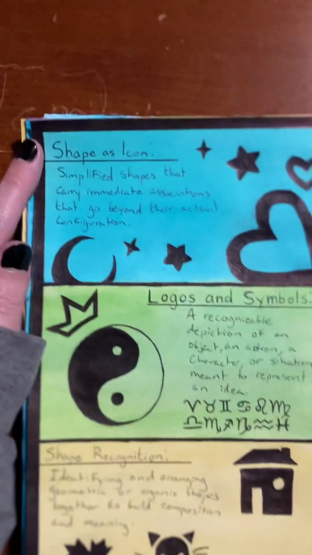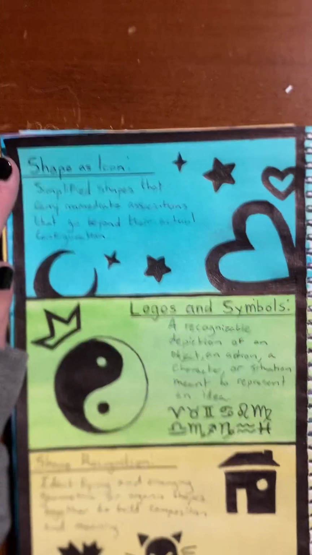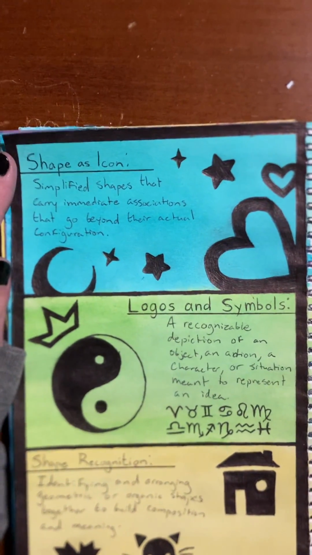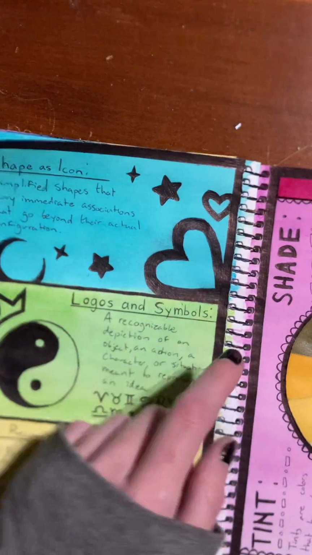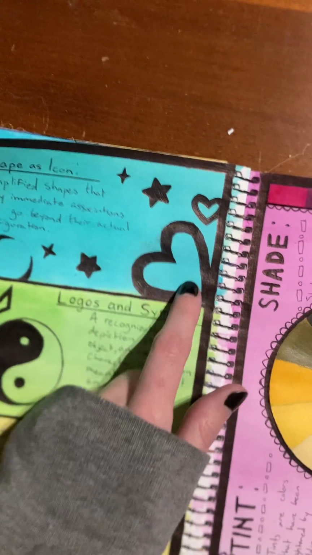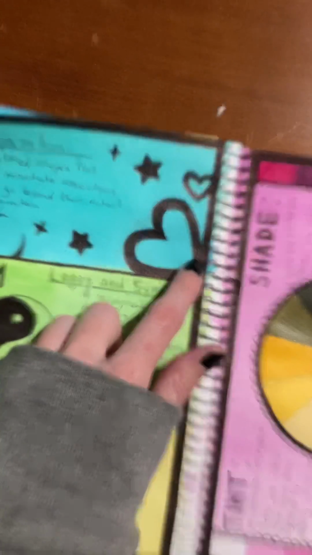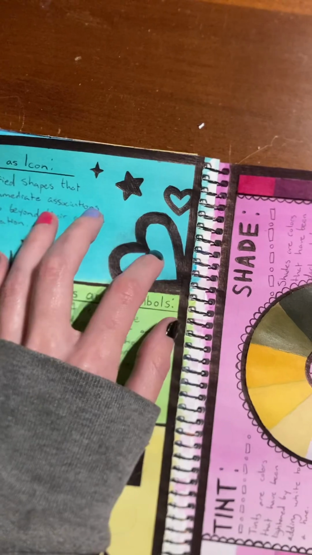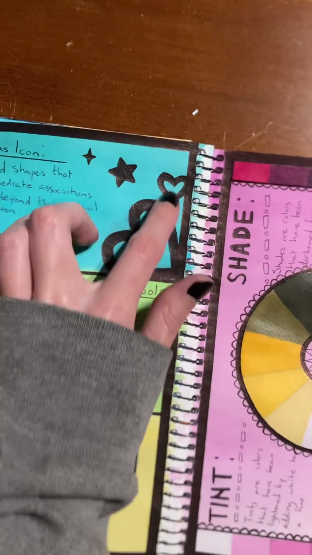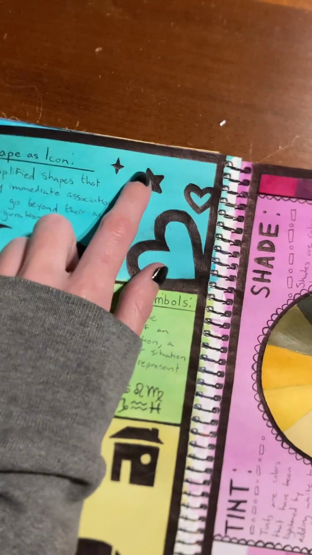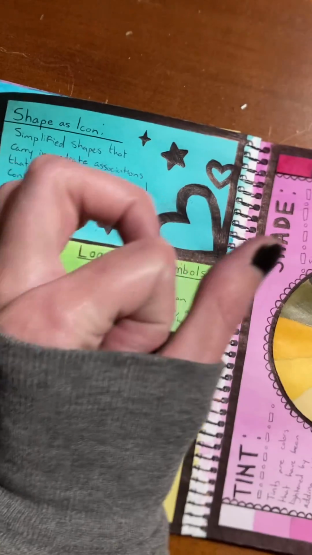The first one I have is shape as icon, and shape as icons are simplified shapes that carry immediate associations that go beyond their actual configuration. So to represent this one, I thought hearts would be a good example. They're a very simple shape that doesn't represent the actual literal figure of a heart, but it is the icon of love. And then I also have stars, which represent the night sky, even though stars are really just